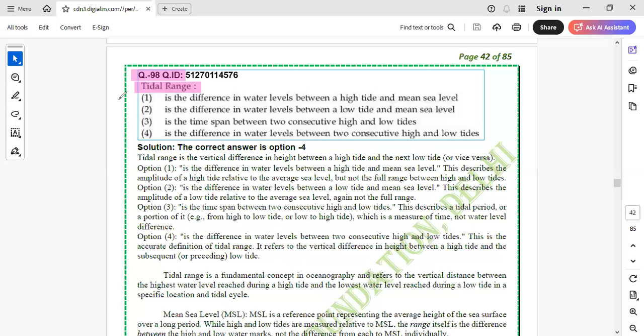So it is the difference between, as I told you yesterday with the help of the diagram in the tidal energy class, the difference in water level between two consecutive high and low tides. तो दोनों consecutive, एक के बाद एक हाई एक लो, दोनों के वाटर लेवल का, हाई टाइड और लो टाइड के बीच का जो डिफरेंस है, उसको हम कहते हैं टाइडल रेंज। और फार्मूला भी मैंने आपको बताया था कि the tidal power is equal to half of rho A g H squared, where H is the